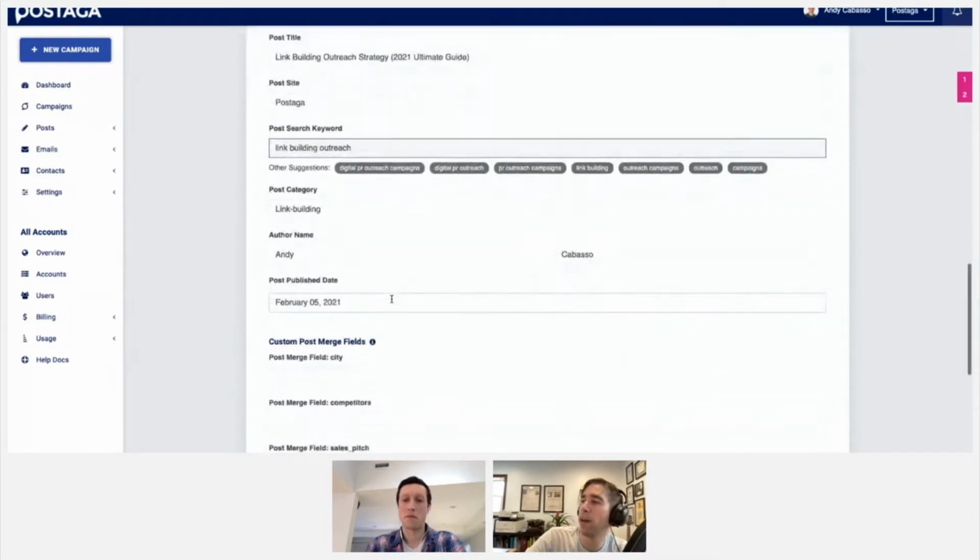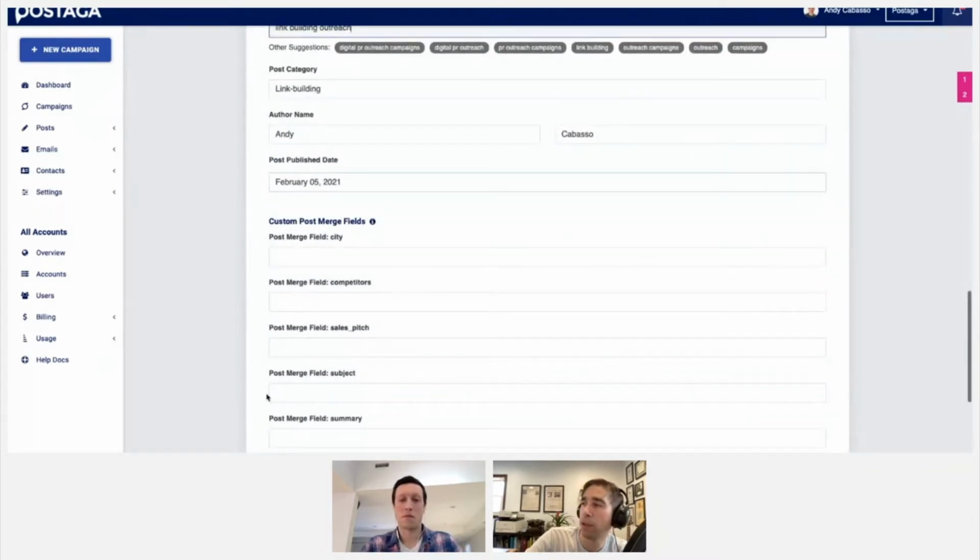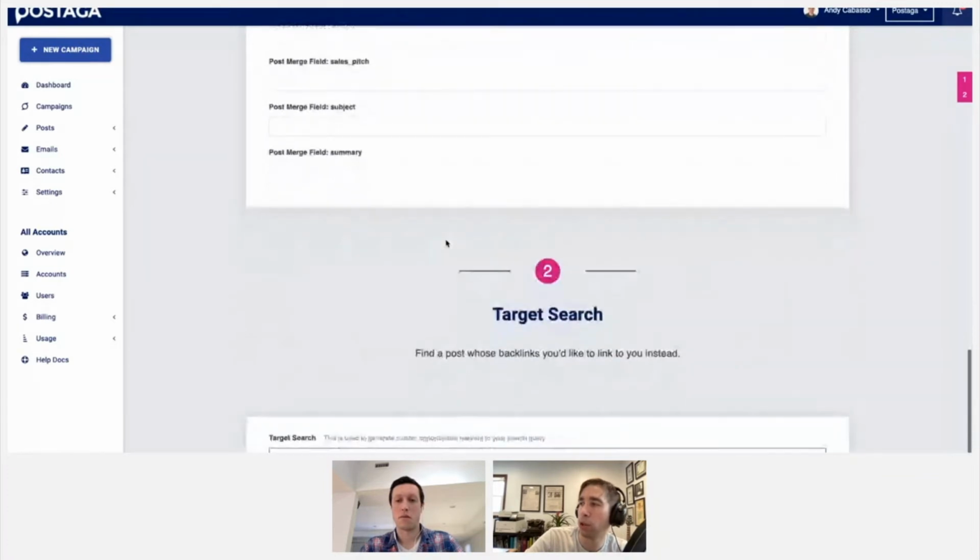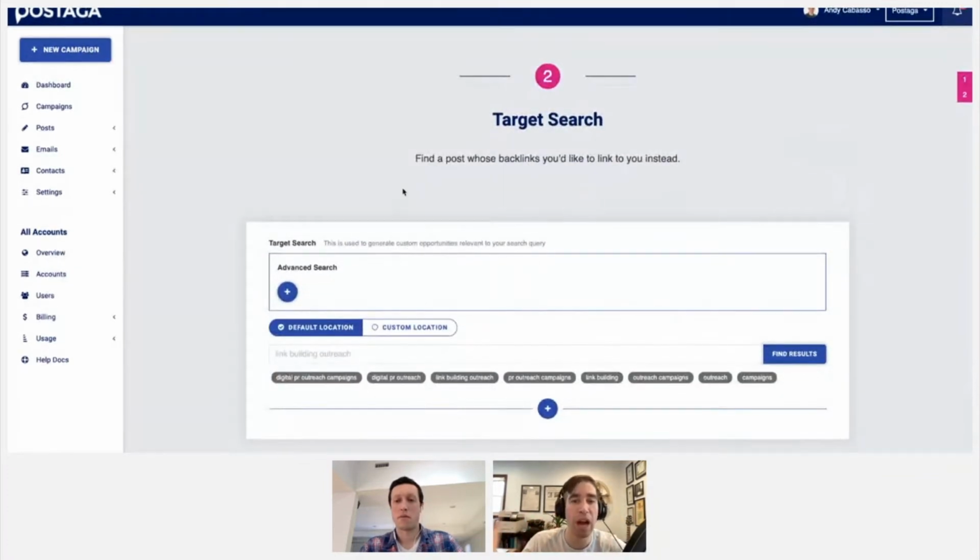Then after that, there are other merge fields here that we can use as well, and we can search for different topics and different blog posts that we're going to be targeting for our Multiscraper campaign. So I'm going to do link building outreach. And one thing I mentioned before is I like to target older articles so that in my pitch, I can say something to the effect of, you're linking to an old article, you should be linking to something more up-to-date like my article.